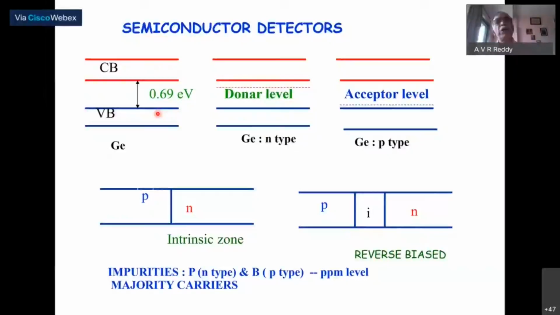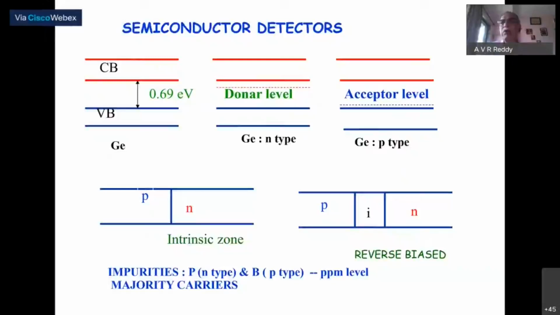In fact, the majority of the charge will be carried by this. Suppose it has an extra electron because of the impurity atom, then you get a donor level. Such a type is called N-type, negative. Remember, negative, N-type. If you have an acceptor, let's say a 3rd group element as impurity, then you will have an acceptor level close to the valence band, which is called P-type, or remember, positive.